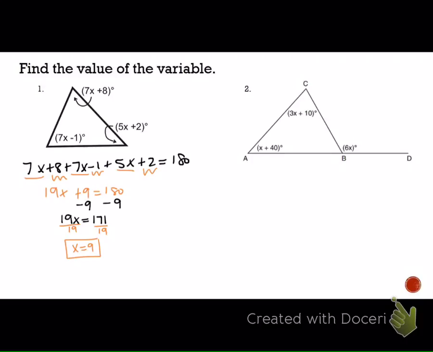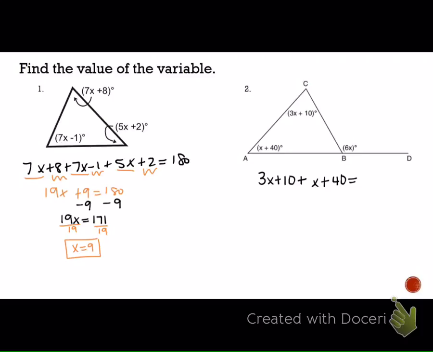It's this one here. I know, I'm looking at that. So it equaled what? The outside angle. The two inside angles equaled the outside angle. So what would it be here? It'd be the same as 3x plus 10. So it would be 3x plus 10, plus x plus 40, equals